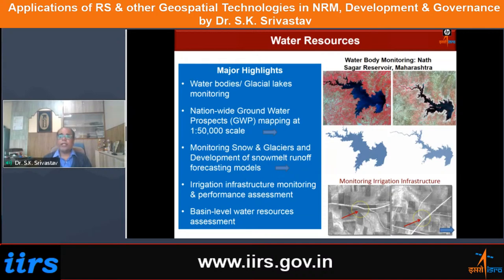Now on the right side of the screen, if you see, I have put 2 satellite images on the top, and these 2 satellite images are basically pertaining to part of Maharashtra, and in the center of those images you see a particular reservoir which is known as Sagar Reservoir, in part of Maharashtra. And look at the 2 images. The extent of the water body in the 2 images are different. The reason for that is the date of imaging is different in the 2 images.